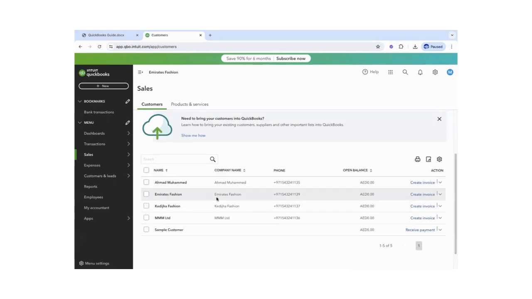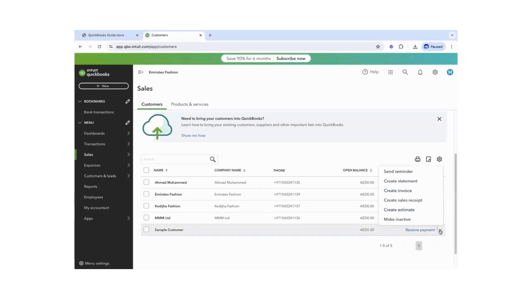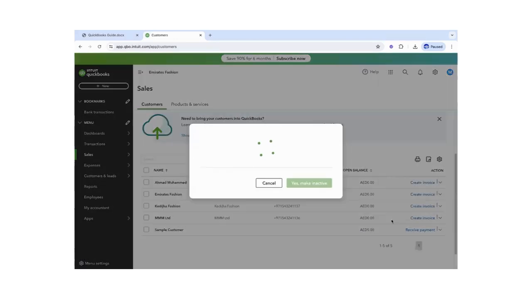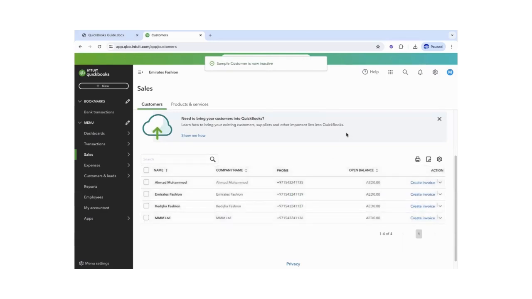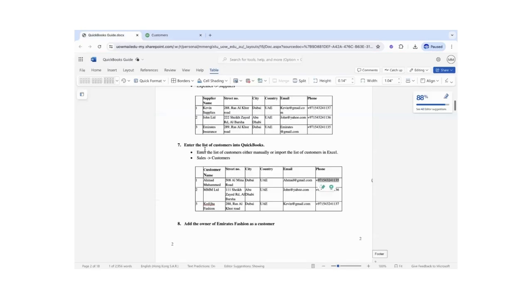Okay, everything is good, but this one, when you edit our invoices, a sample customer is automatically created. So let us avoid this customer because we don't need it. We don't have any sales of 5 dirhams, so make him inactive. Okay, now our customers are fine. Let us proceed to the next part, which is